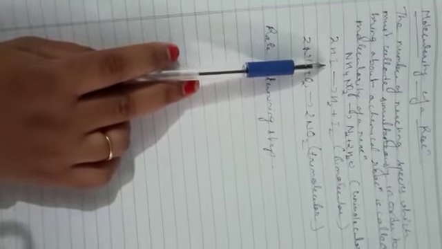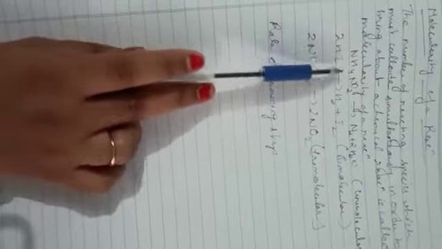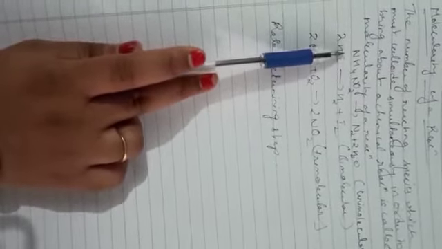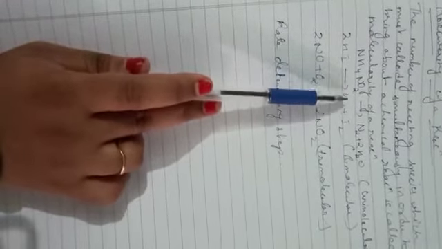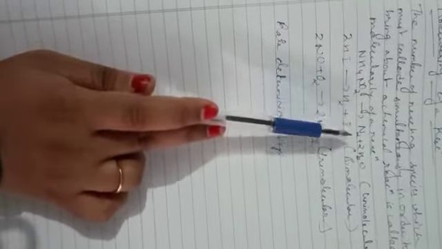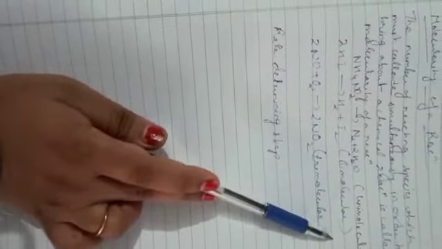Molecularity of a reaction can be of different types. That is, it can be unimolecular, bimolecular, trimolecular, tetramolecular. So let's see its examples. In this reaction, you can see that this is ammonium nitrate, which is being decomposed into nitrogen and water. This is an example of a unimolecular reaction.